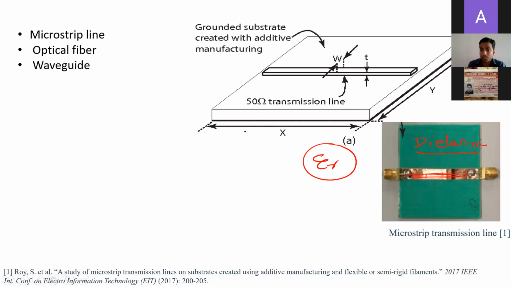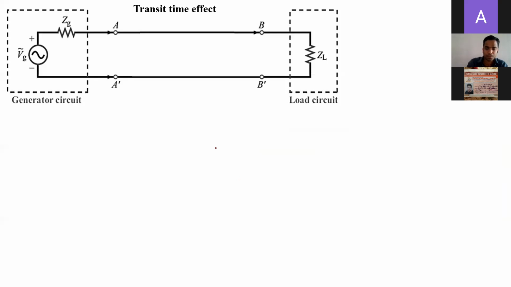As Vinit sir was also explaining about these materials, the epsilon r, the relative permittivity. Generally what we use is FR4. Okay, this is the material which we use. Basically, it's a fiber resin which has a relative permittivity of nearly 4. So this is a fiber resin material, the dielectric material, which has a relative permittivity of nearly 4. That is why we call this substrate an FR4 substrate. And then we saw last time what is called the transit time effect, right?